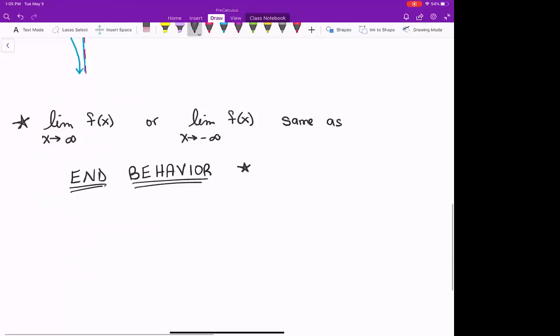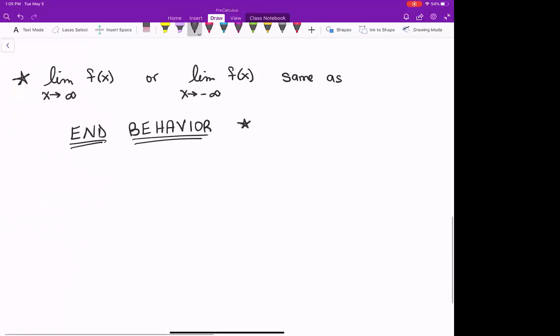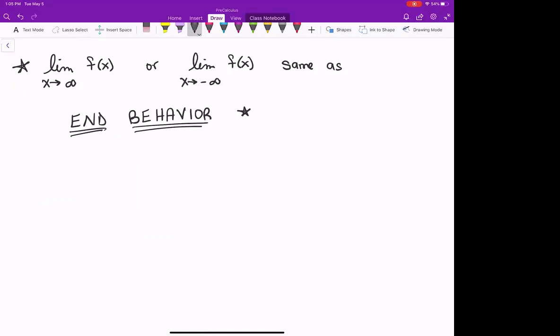So a limit as x heads to infinity, or as x heads to negative infinity, is the exact same logic, the exact same mindset, as end behavior. If x is going to positive infinity, it's end behavior on the right-hand side of the graph. If x is going to negative infinity, it's end behavior on the left-hand side of the graph. So the way that I think about it,